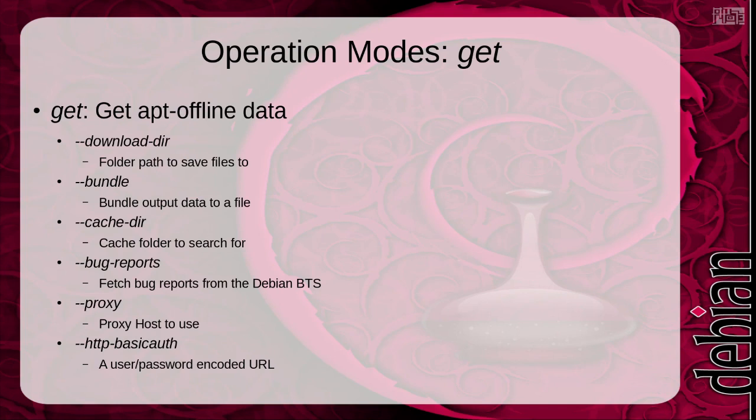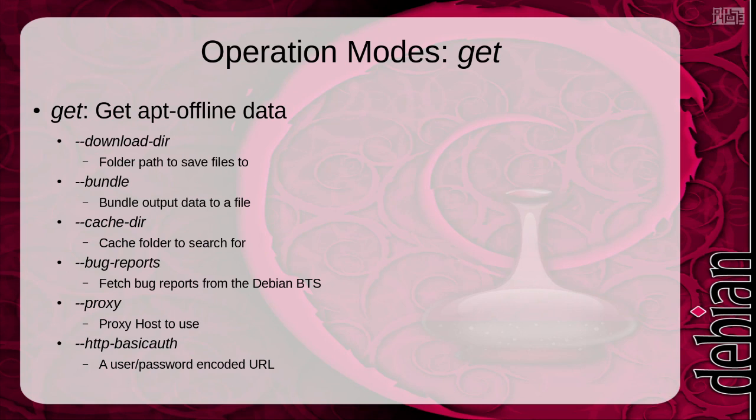The get operation is supposed to be run on the machine with network. Like I said earlier, the get operation can be run on any machine. It doesn't have to be a Linux box. In fact, in my use cases, when I initially designed it, I used to run the get operation mostly on Windows because that is what I had access to with an internet connection.